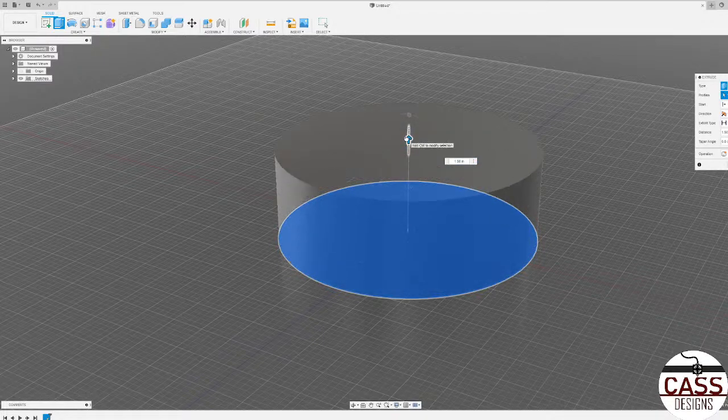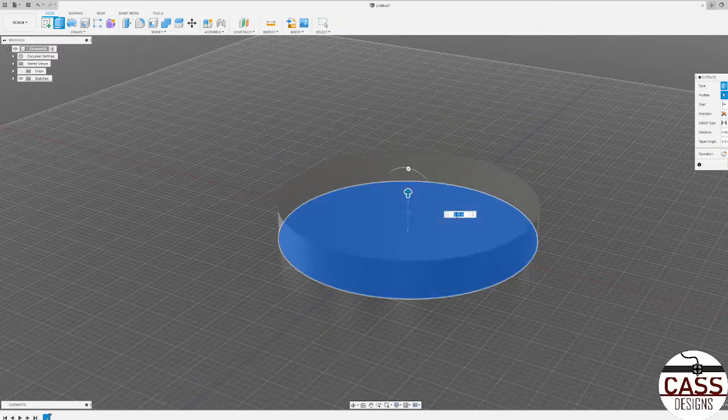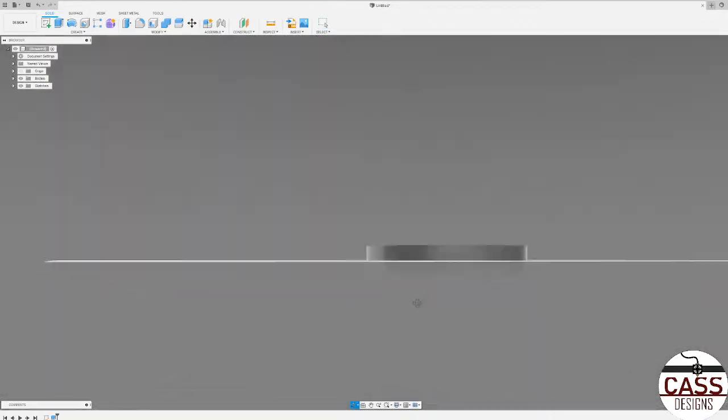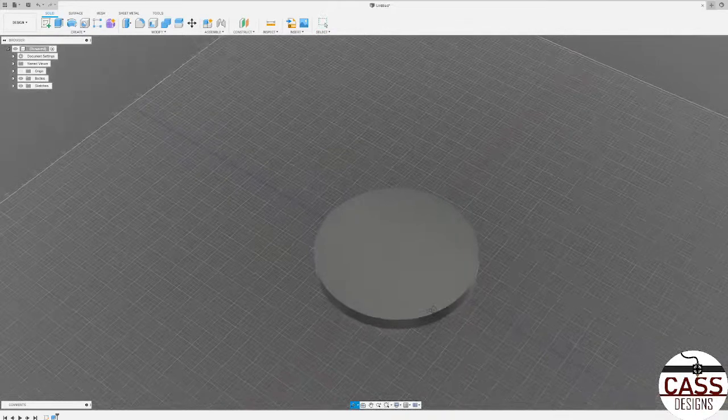And then you can drag it to however thick you want, or you can specify it here like we did with the diameter of the circle. So for this, I'm gonna say, maybe like a 3/8 of an inch thick coaster. Boom. Okay, so now we have a very basic coaster that if this is all you wanted, you could